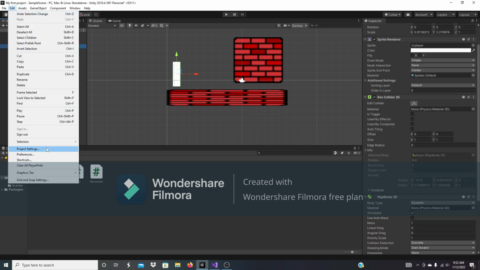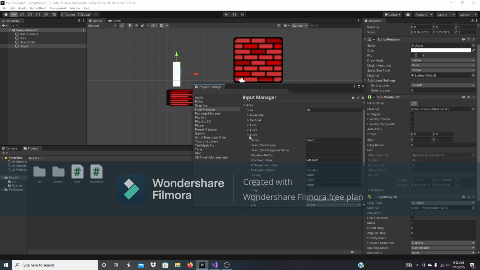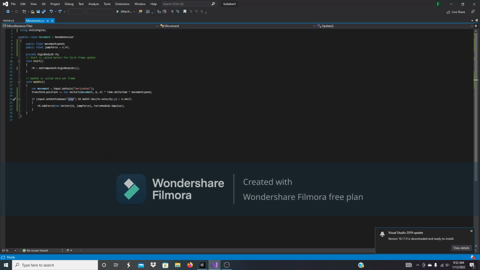If you go to Edit and Project Settings, and you go to Input Manager, you have Axes. Now, these basically mean key codes on the keyboard. As you can see here, we have Jump, and Jump's positive button that you press is spacebar. So that's basically what it's saying. If spacebar is pressed, then